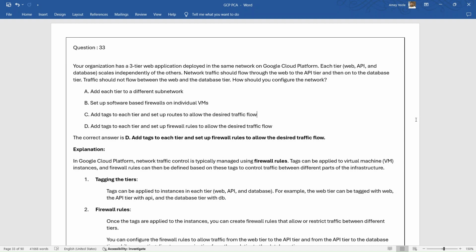Explanation. In Google Cloud Platform, network traffic control is typically managed using firewall rules. Tags can be applied to virtual machine, VM, instances, and firewall rules can then be defined based on these tags to control traffic between different parts of the infrastructure. 1. Tagging the tiers. Tags can be applied to instances in each tier, web, API, and database. For example, the web tier can be tagged with web, the API tier with API, and the database tier with